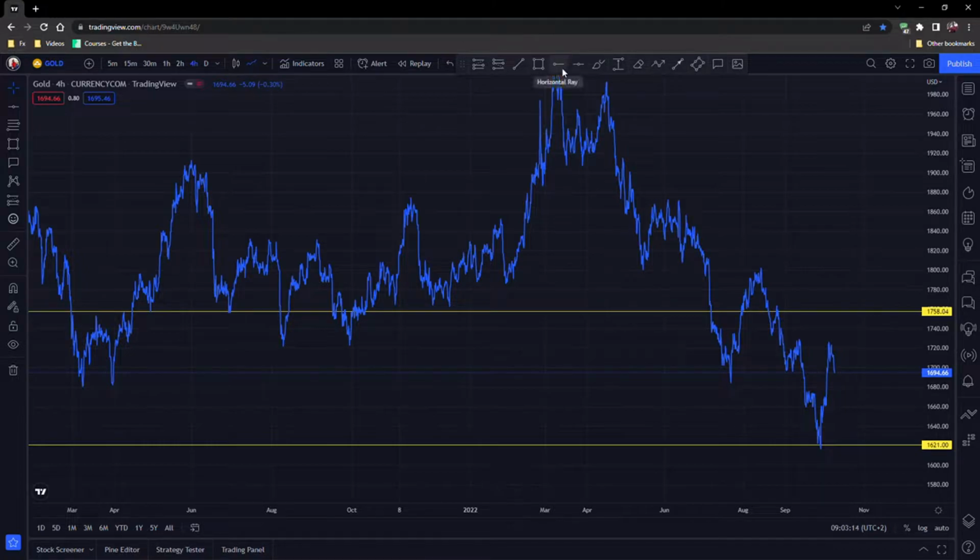On the 4-hourly time frame, you can see this area right here is a low area, but it was a high area, so now it's a low area because the market is above that. And this area here is another low, but now it's a high area. It's another high area. If you go to the candlesticks,